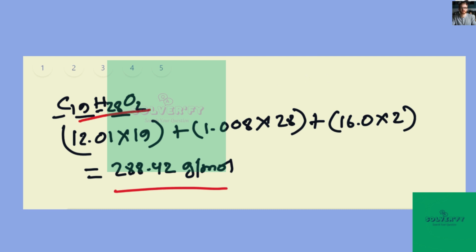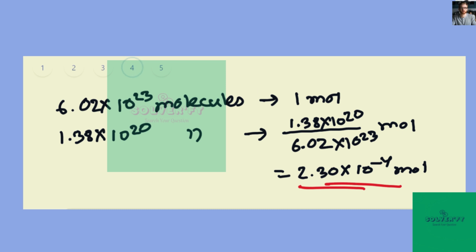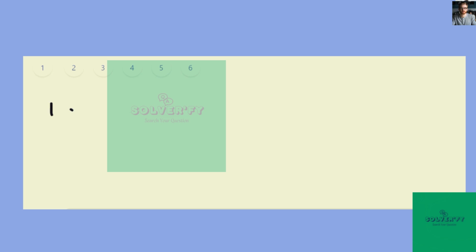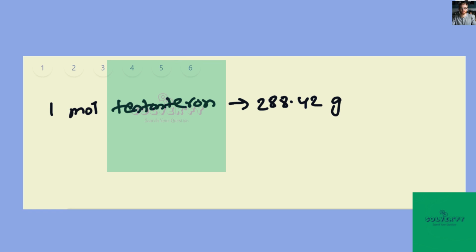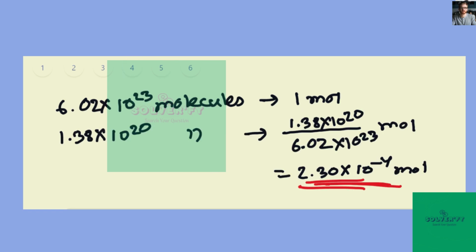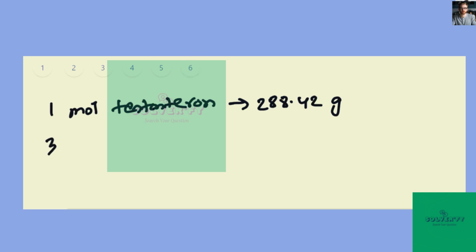So this much mass is contained in 1 mole. That means how much mass is contained in this much mole? So we write, 1 mole of testosterone contains 288.42 gram. That means 2.3 times 10 to the power minus 4 mole contain